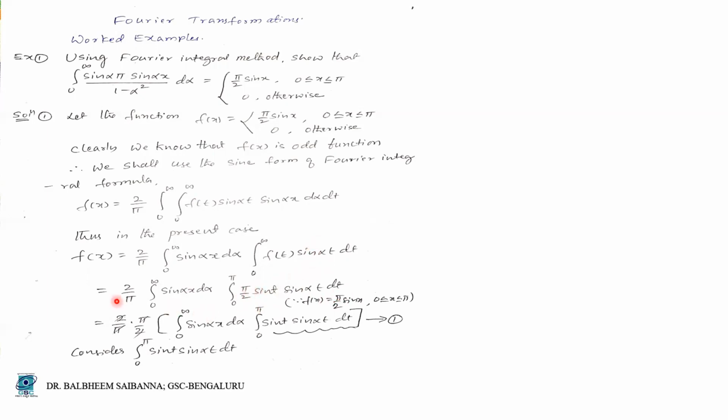Then this π/2 and this 2/π are together, and the π gets cancelled, the 2 gets cancelled, giving 1. This first integral as it is, and the integral 0 to π, then sin αt sin t. Then this is called equation number 1. Next, what we have considered, this only we solve. This is the integral that we solve,